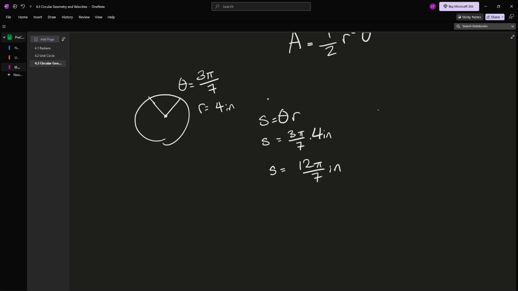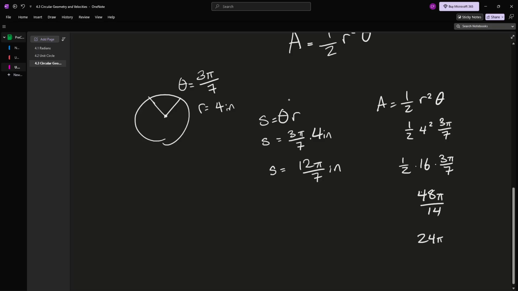And then my area: 1/2 r squared theta, 1/2 times 4 squared times 3 pi over 7. So 1/2 times 16 times 3 pi over 7. 3 times 16 gives me 48, so 48 pi over 14. Reduce it down to get 24 pi over 7 inches squared. So we see in this scenario, we just plug it